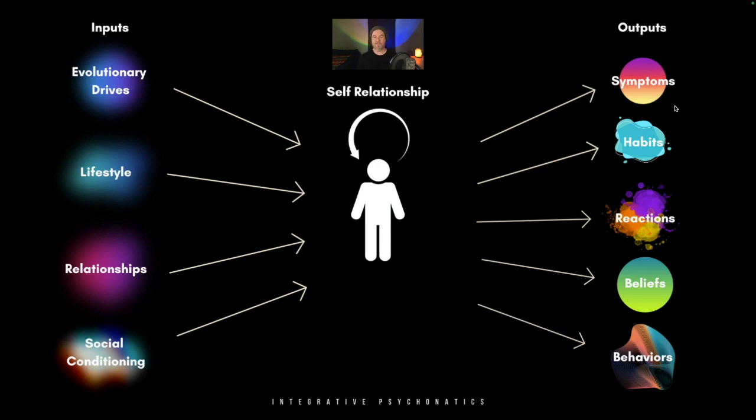Having aversions to things, avoidance, having an insecure attachment, that's kind of a symptom of some sort of wounding over on the input side and how that impacted you, right? So symptoms are a major, key output. And this is usually, obviously, when we're going to self-help or personal development or going to a therapist or a coach. This is the thing that we notice.